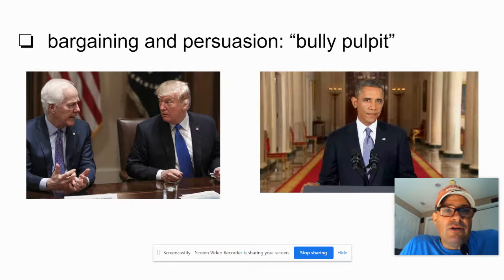That's an informal power. Some presidents are better at bargaining for deals and making persuasive arguments than others. Others are terrible at it, and some are great at it. This has been known as the bully pulpit, from Teddy Roosevelt. A pulpit has the idea of a preacher standing up there, convincing you of something. So the idea of a bully pulpit is that the president is going to get up there and make a speech, and that speech can change the opinions of the American people. And then Congress responds to the American people's views. So: bully pulpit, bargaining and persuasion, an informal power.